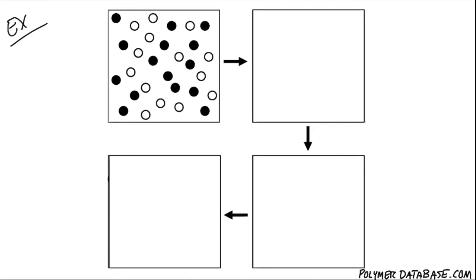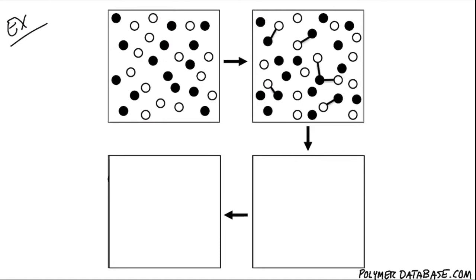Let's draw out a pretend little G here for a minute. And the white circles have some other group on them. We could call that R. But the point is that the black circles must react with the white circles, and the white circles must react with the black circles. And it doesn't really matter what those groups are, G or R. But what's going to happen is that in a single step, you're going to have some of these